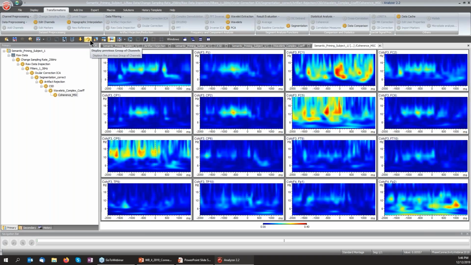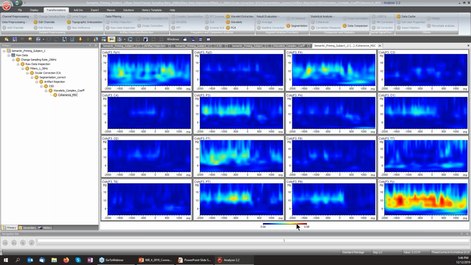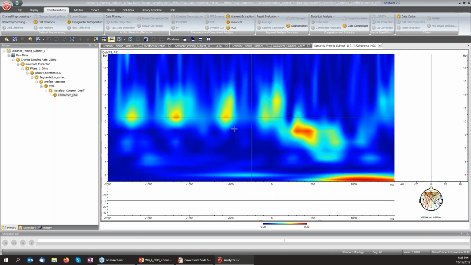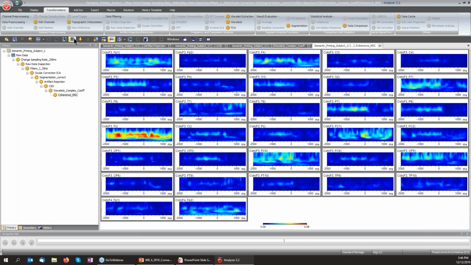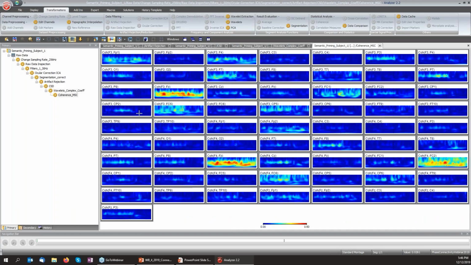The color scale is set automatically for each view. So when I zoom into a channel pair, the color scale is rescaled and may be more appropriate for this view because it scales to the value range that we actually see. In particular, there's strong coherence in neighboring electrodes. For example, in the pair F3 FZ, F4 FZ, or in this one,